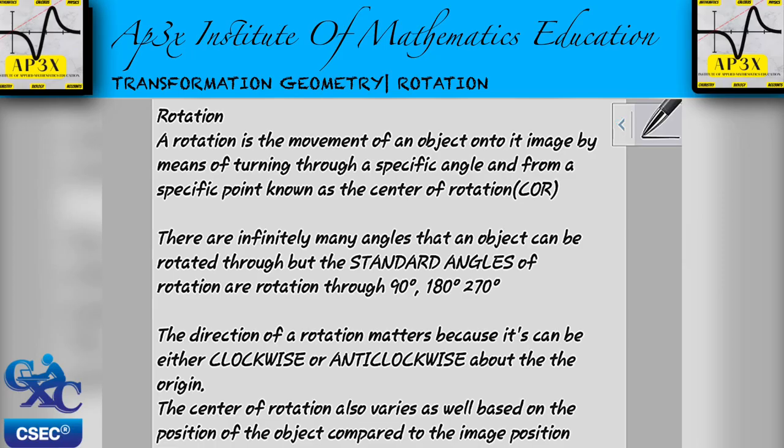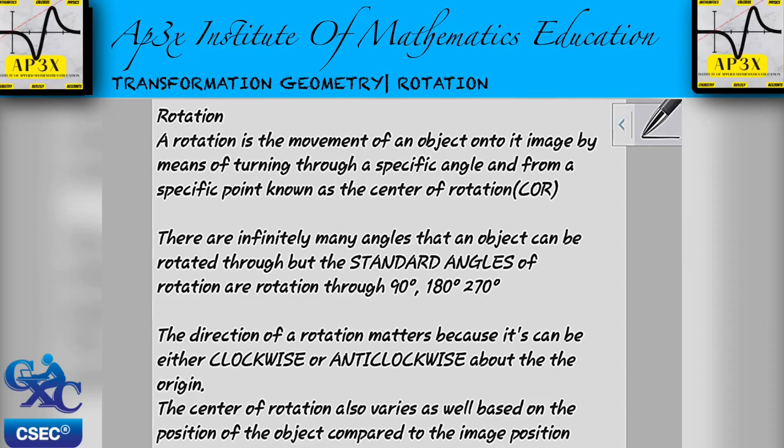Now, in part 2, when I release that video, you will find that the rotational point will change. For the purpose of learning and understanding the fundamental concepts of rotation, I'm going to keep my rotational point at the origin, that is 0, 0. There's a slight subtle change that we're going to have to learn later on. But for now, the rules that I'm going to show you here apply specifically when the object is being